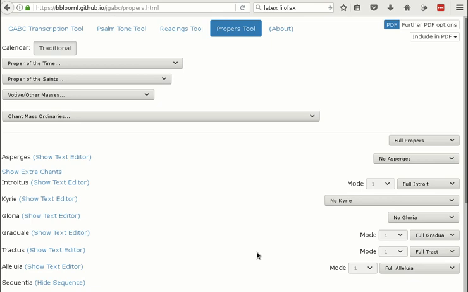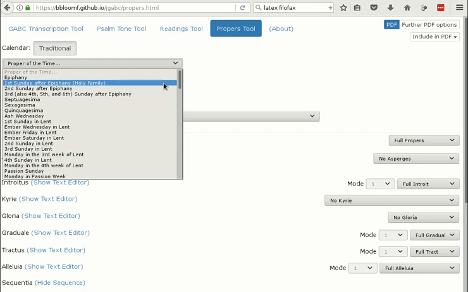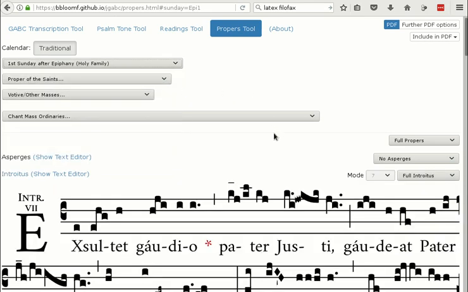Okay, we're back again with the Propers tool. I wanted to show you a bit more fine level tweaking that you can do. I had some feedback about how to do line breaks, so I had a little play around and here we go. This is the Feast of the Holy Family, which is this Sunday in the extraordinary calendar, and in the ordinary form, a lot of places transfer the Epiphany to the Sunday.